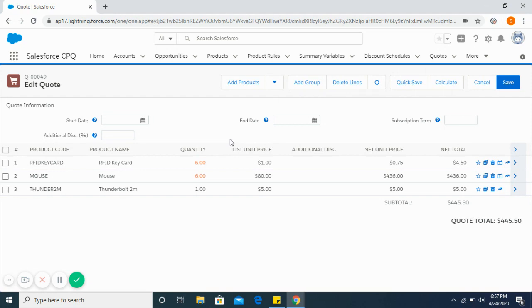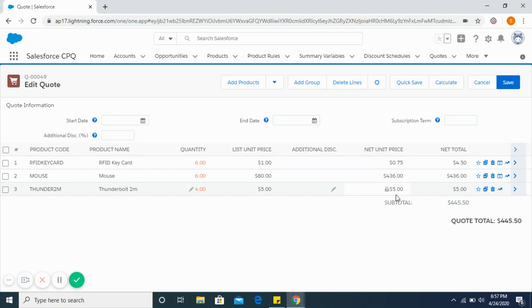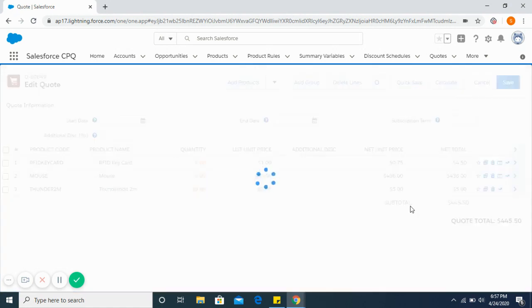Now, this overage rate is added on top of the block price and is calculated by taking the difference between the minimum quantity for the block and the quantity entered for that line item. So let's see how it works. For a quantity of 4, it's going to be $5 in all, because it's a block price. For 1 to 10 units, it's going to be $5. So even if I enter 10 units now, it will still show me $5 as the total price.